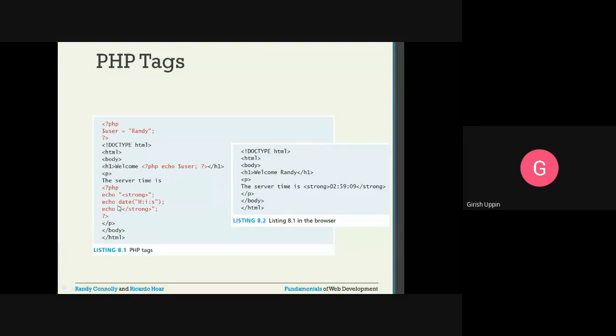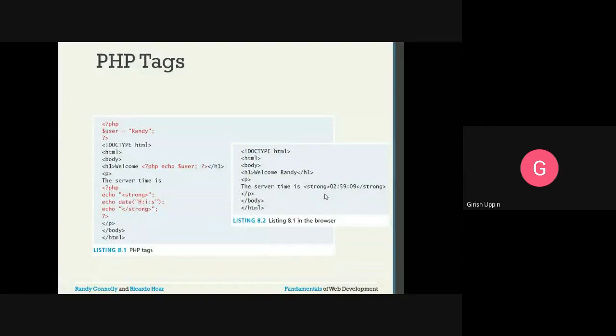This is the opening PHP tag, this is the ending PHP tag. Echo strong, so this is the HTML tag, then echo date in this format, so it will create a date object with the current timestamp, and closing strong. We already know what the strong HTML element is. Strong will make the content bold.